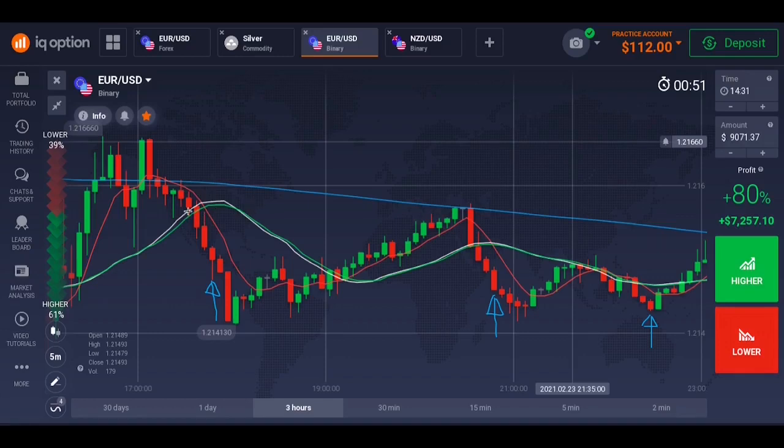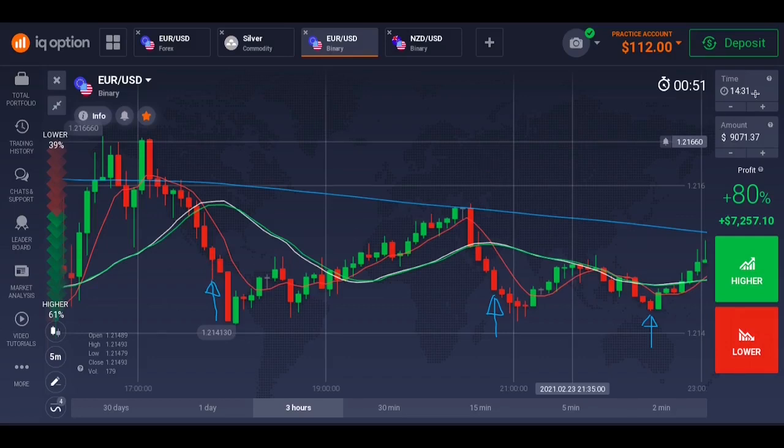The market is below this blue moving average. So what you do now, you wait for these candles to cross below this green moving average and white moving average. Then you wait for this red moving average to cross below this green moving average and the white moving average. After the red moving average crosses this white and green moving average, then you wait for a candle that will open without touching this red moving average, and that will close below the moving average. Then you sell with the next candle.